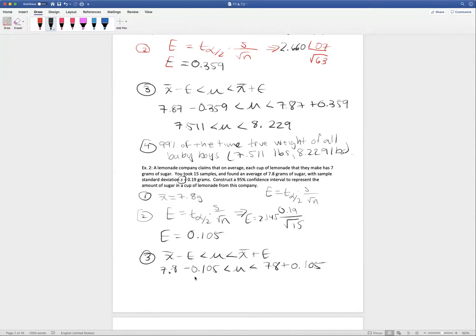So 7.8 minus 0.105 gives us 7.695. That's less than the true population mean, which is less than 7.8 plus 0.105,